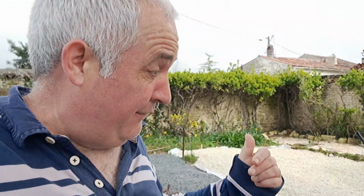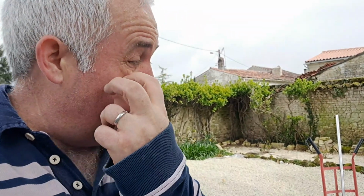Right, well for now that's enough hardcore here. We need to hire a whacker plate for the backyard and for here to pack it all down before we build on top of it. But yeah, that's that